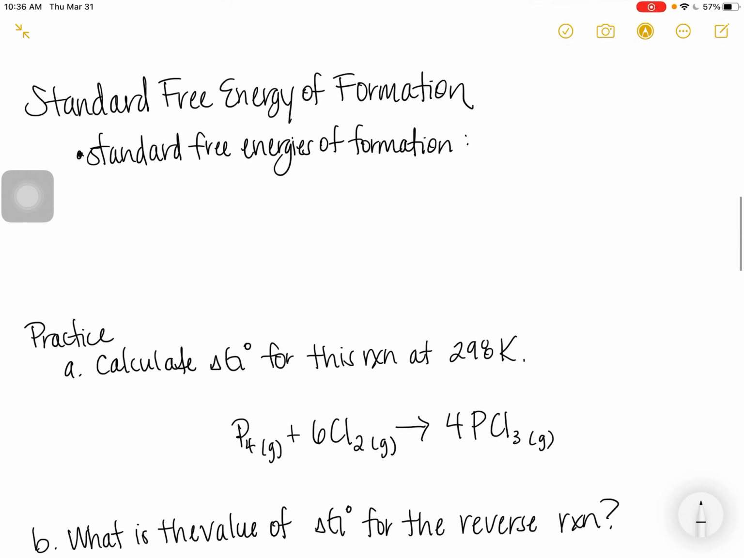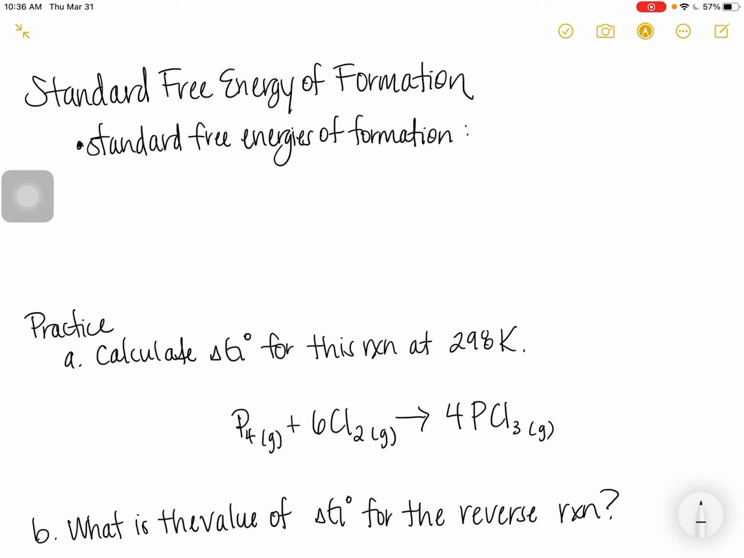The second way to calculate it is using the standard free energies of formation, which is your chart where it has the values for delta H and delta S and delta G. Okay, so we are going to see that we can use this chart to calculate delta G in a second way. So standard free energies of formation is